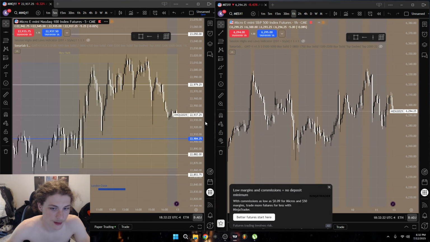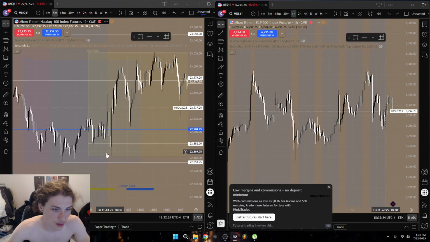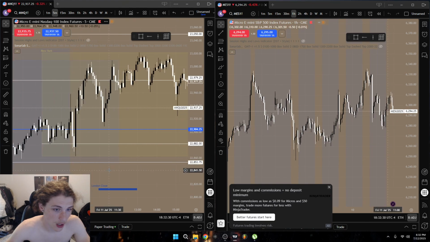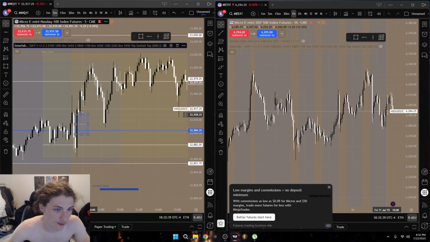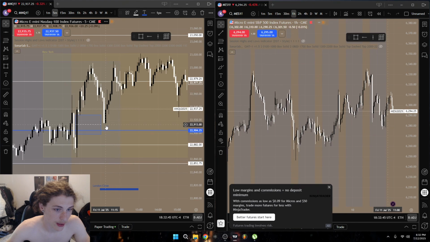Normally I don't like to trade till macro, but with this liquidity getting swept and the break of structure, it did happen at 9:45. So here's how I would enter. We have a 5-minute fair value gap right here that gets rejected off first. You could enter off the rejection and the buying pressure out of that, or if you wanted a better entry, you could wait until it comes